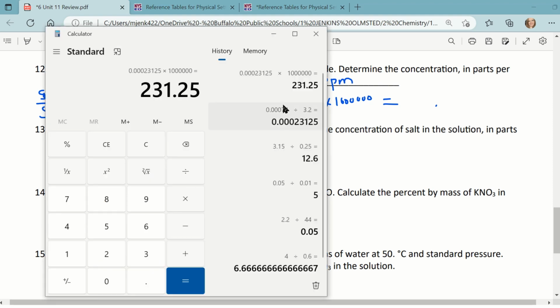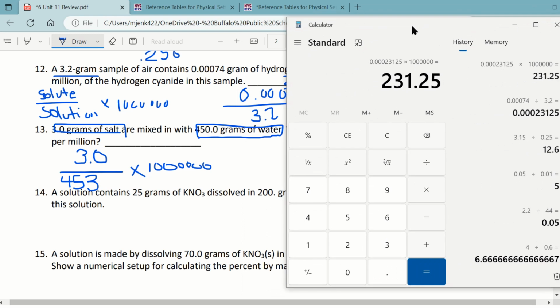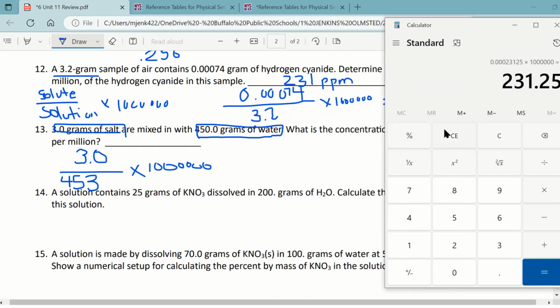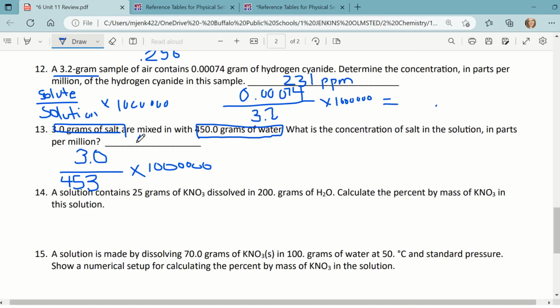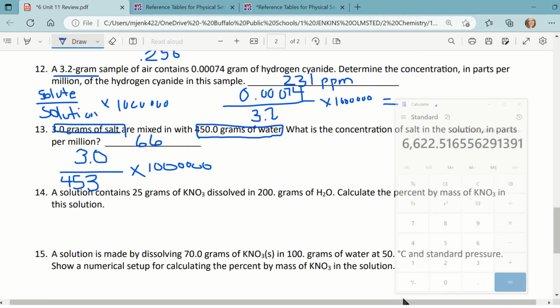Okay, so let's look at our calculator again. If I can move it on this side. All right, so I have 3.0 divided by 450. Nope, see, I almost did it wrong. 3.0 divided by 453 equals, times 1, 2, 3, 4, 5, 6 zeros. Whew, that's a lot. So 6,623